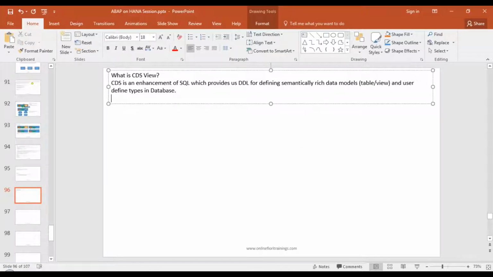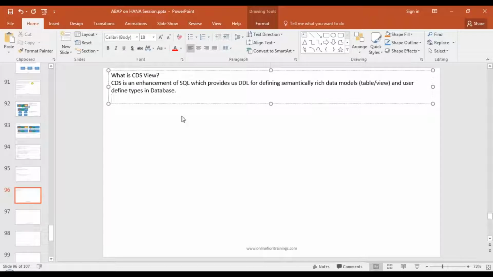So this course not just helps you to build your knowledge on ABAP on HANA, but also helps you to work with S4 HANA products. In the upcoming session, I will show you how to use such a rich semantically created data model directly in a Fiori application in the context of SAP S4 HANA. We will see that in detail in an upcoming chapter. Okay, so this is the definition of a CDS view.